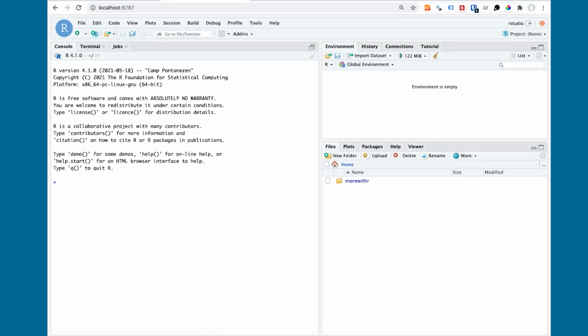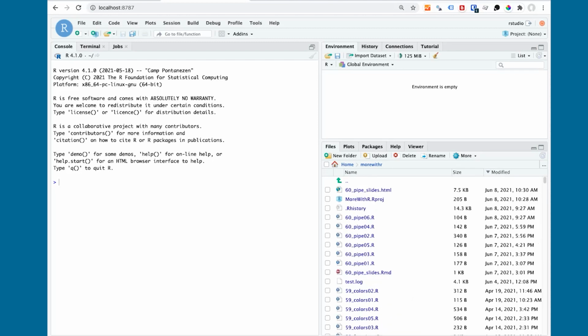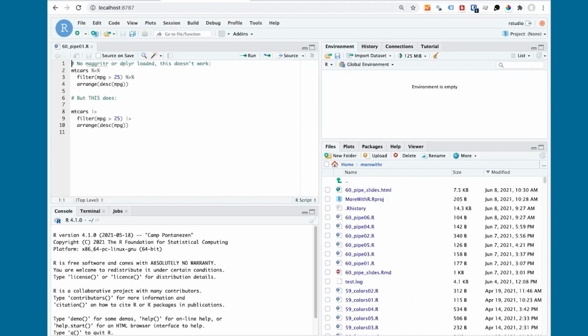Now in that Docker code I just ran, I created a volume connecting my Docker container to files on my local system so I can use those now here in this More with R folder. So let me refresh that, find my newest ones, and open my R code.